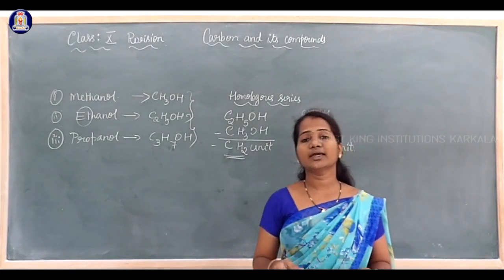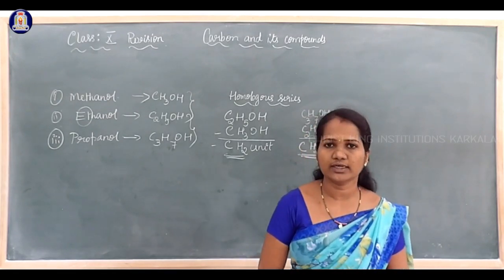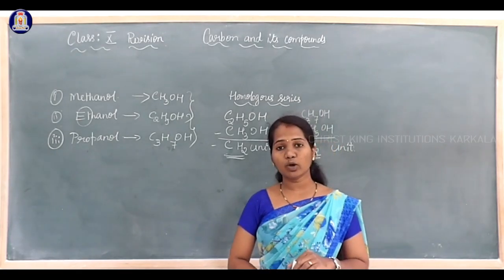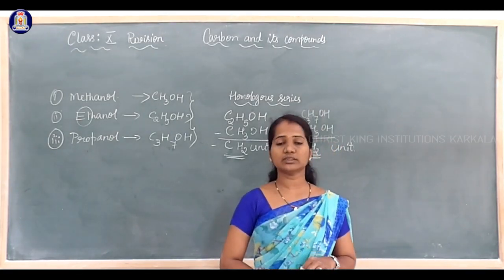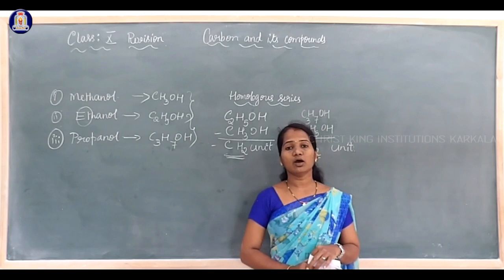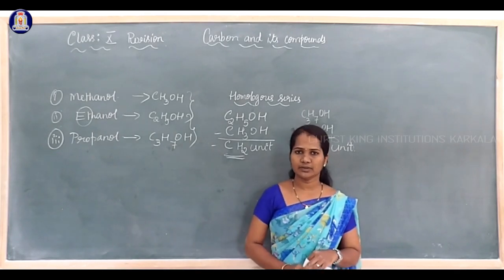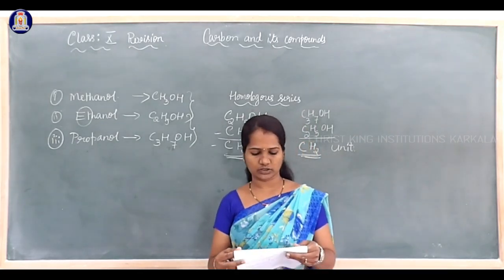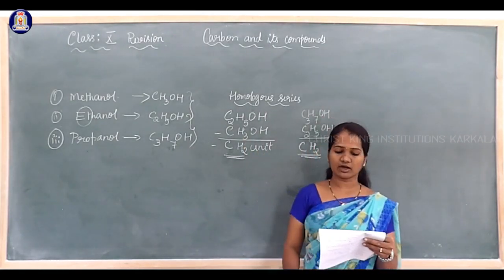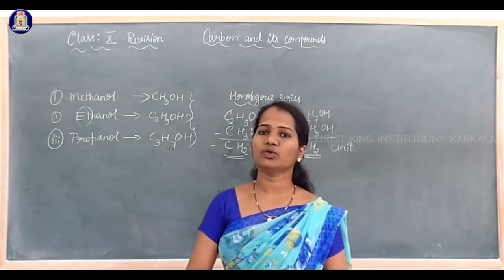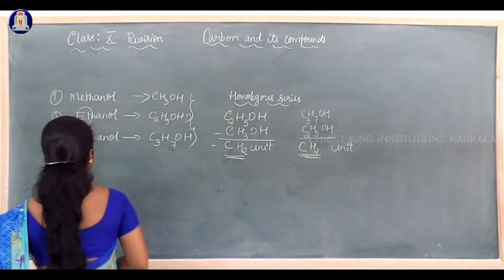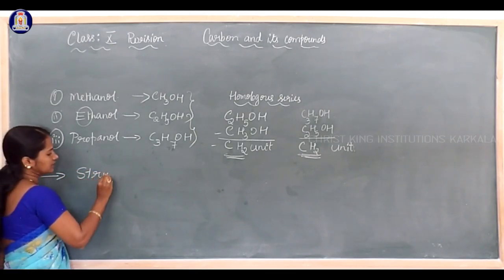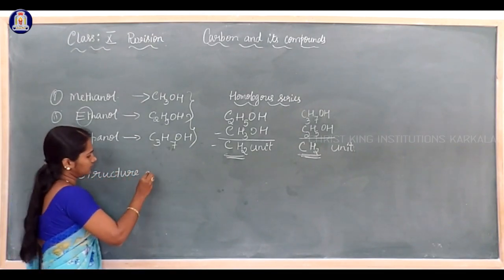What are saturated hydrocarbons and unsaturated hydrocarbons? As we said, saturated means there is a single bond between carbon-carbon atoms. Unsaturated means a double or triple bond between carbon-carbon atoms. We call them unsaturated carbon compounds. Write the structure of the simplest hydrocarbon. So which one is the simplest hydrocarbon?